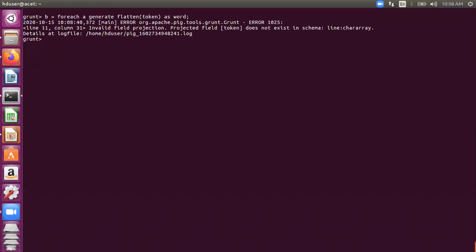For each generate product. Okay, didn't we use a token here? Tokenized line is B. We needed to use B, which is already there, tokenized. So we need to use some other relation name here. We need to use C, and we need to project from B, right? So for each B, generate flatten token as word, right?